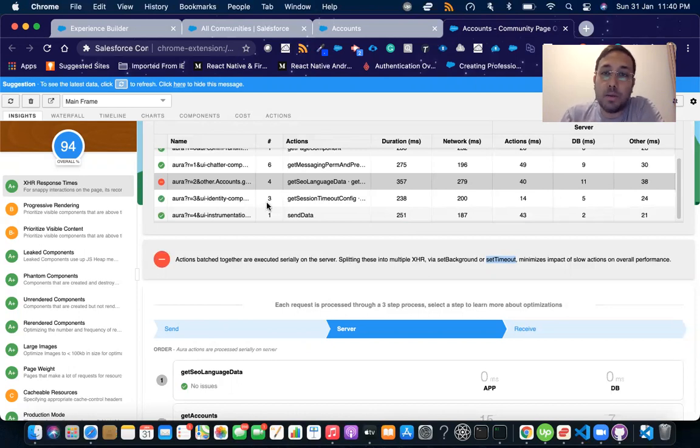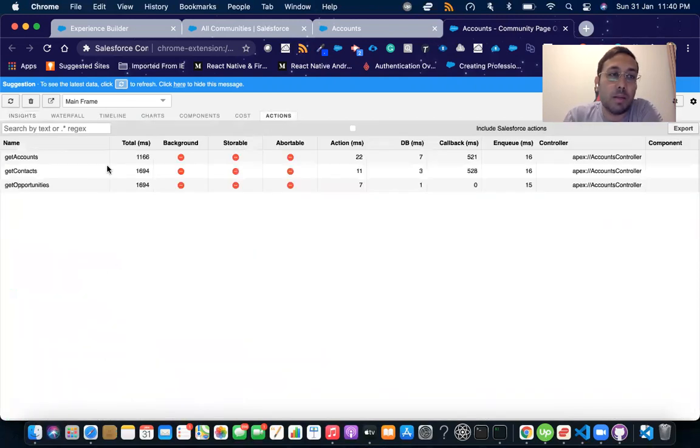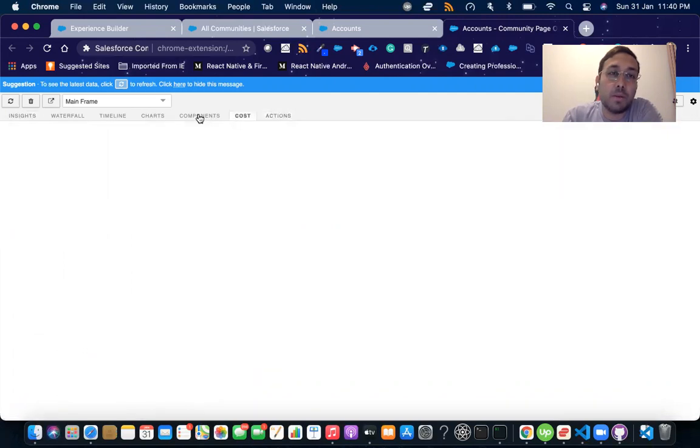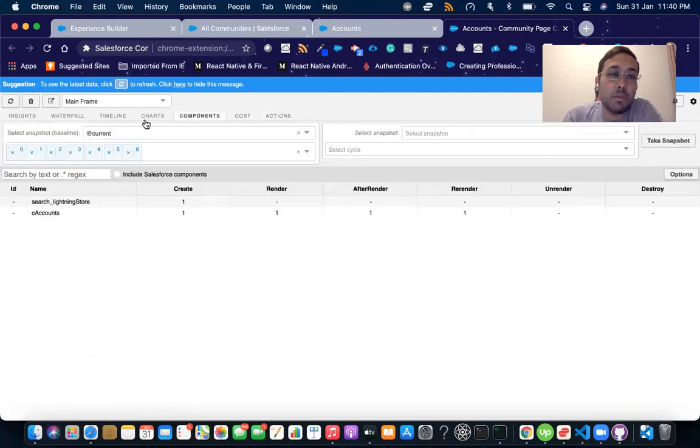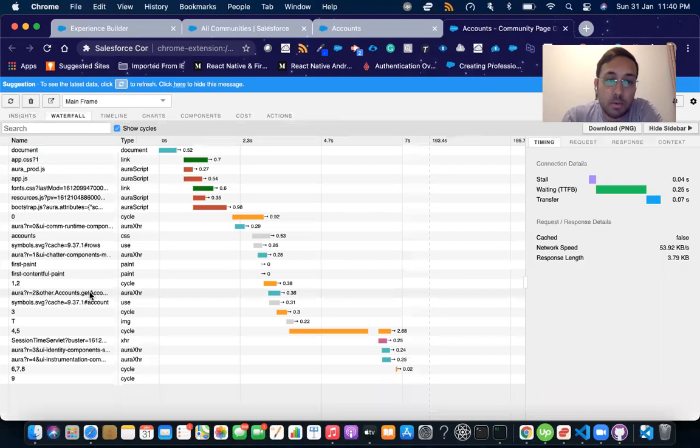And we can also take a look here at the waterfall section. It shows what's happening where, like whether the actions can run in the background or not, whether they're storable or not, boxcarable or not. These are separate terms that I will explain. But our main focus here is on how setBackground can improve the performance. So if I take a look here,